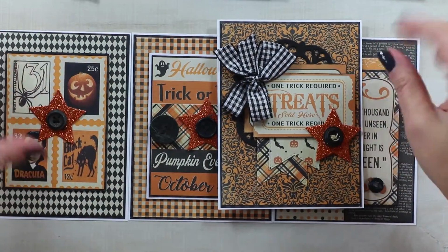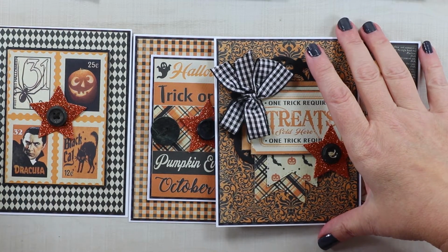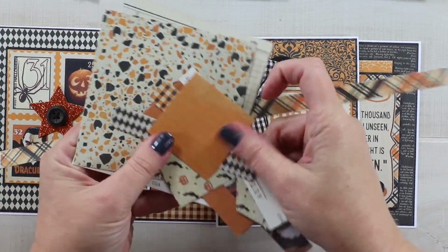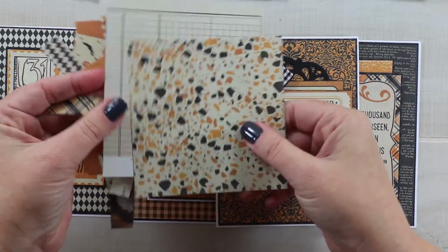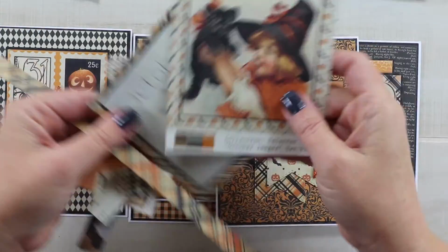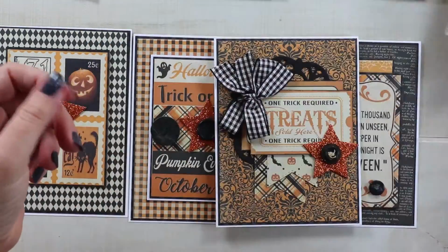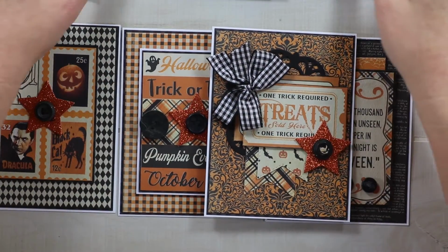So we have made 10 cards out of 4 sheets of paper and a little bit of cardstock. This is all that I had left. It's just a little bit strips of the pattern paper, and then the back side I was saving to put into one of these cards, but it didn't make it. So I have a couple larger images left I can use, or just the pattern paper. So this is it out of 4 sheets to complete our 10 cards for day 11 of our 13 days